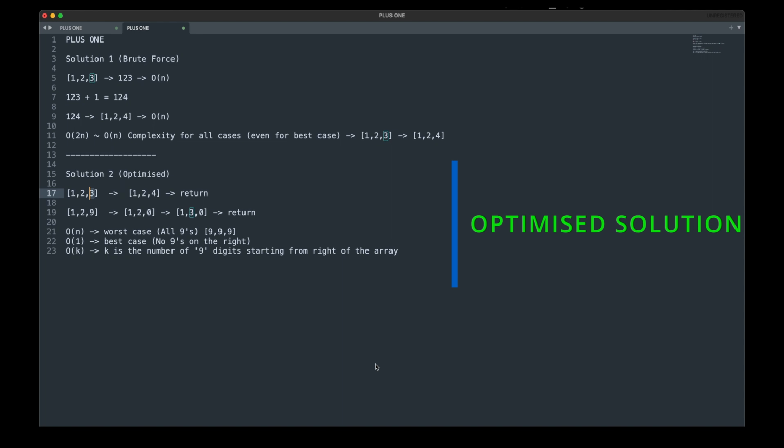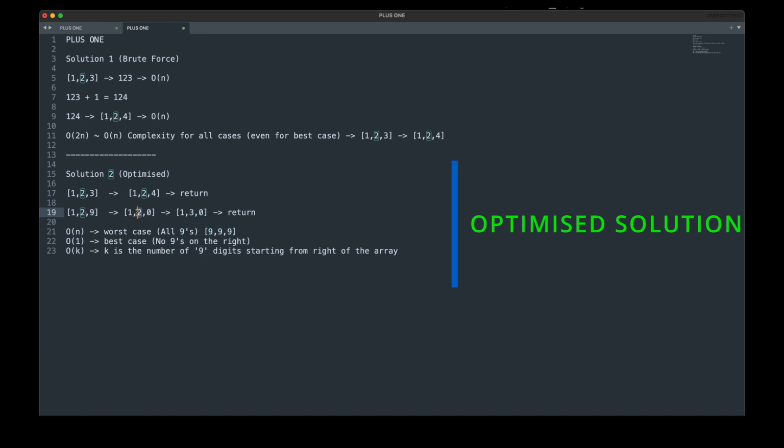Okay, in solution 2, let's forget the code and see how our mind thinks when we solve this problem ourselves. First of all, we are very much focused on the rightmost digit of the given array. Now, if it is a non-9 digit, we simply increment the digit and then return the array. However, if we face a 9 in the array, we make it 0 and we switch to the left digit